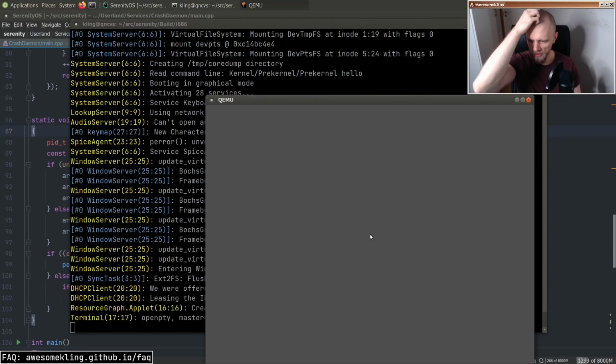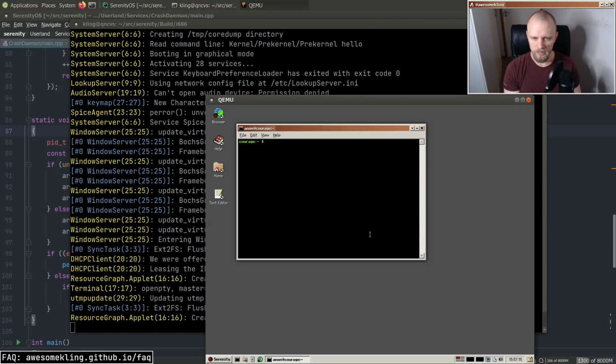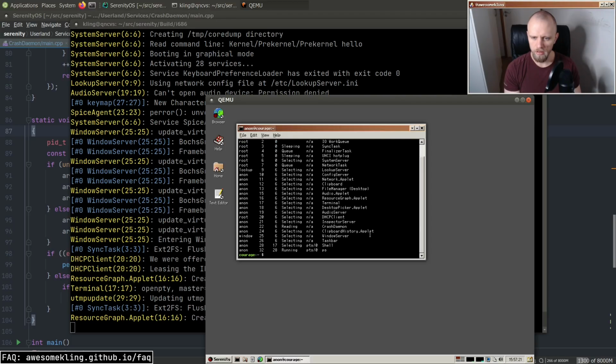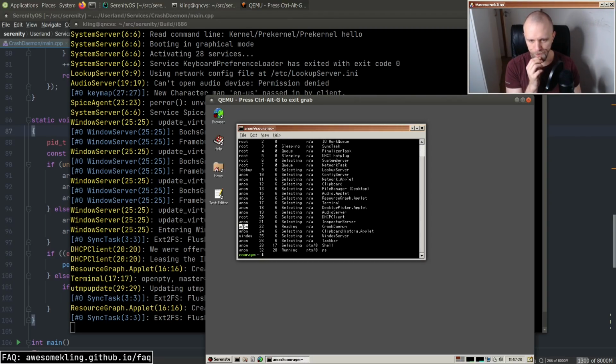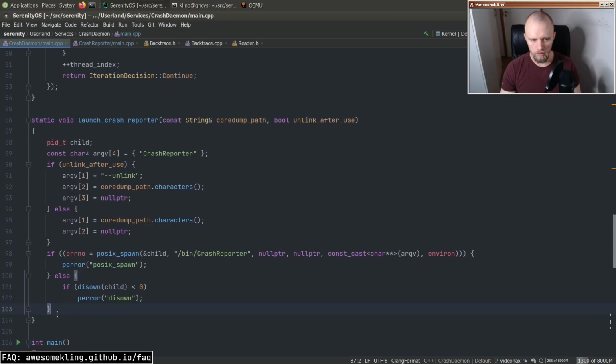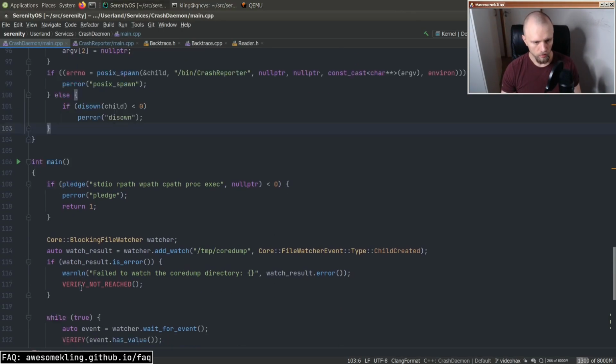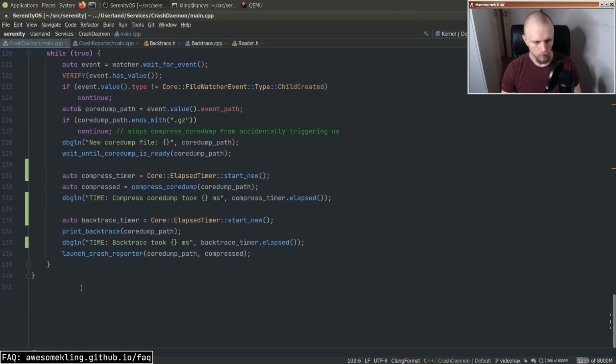Like, is this about crash daemon being supposed to be like a privileged service or something? So crash daemon runs as my user account. Which is fair, but why can't it just, why can't it simply